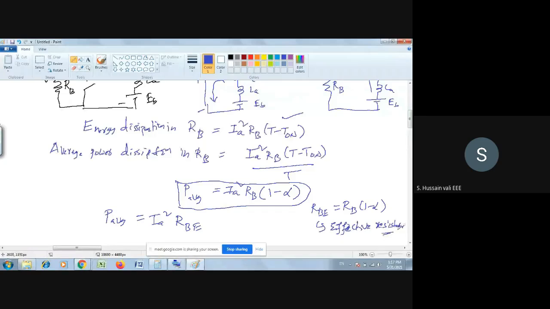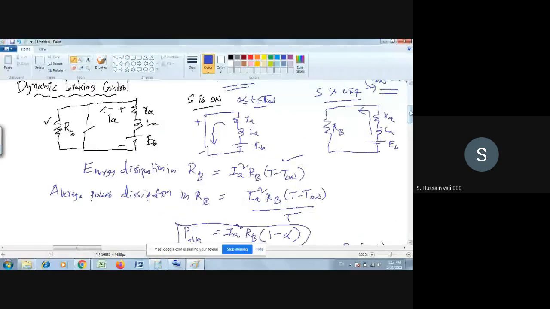This is called effective resistance. So RBE is the effective resistance. Okay. So this is dynamic braking. What is the difference between dynamic braking and regenerative braking? In dynamic braking, circuit wise, in place of the source, you have a resistor RB. So the entire energy here is dissipating as